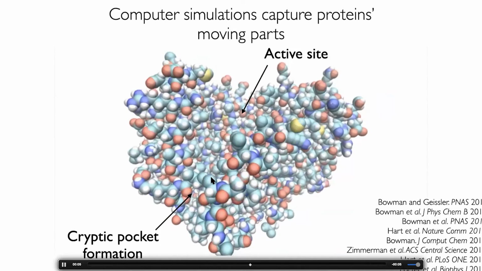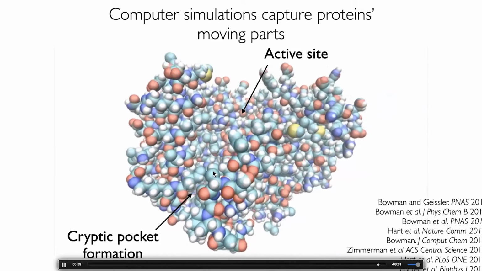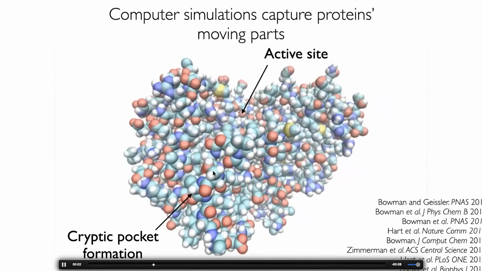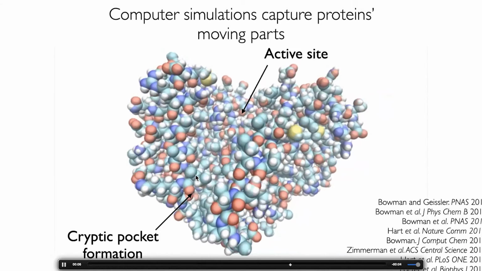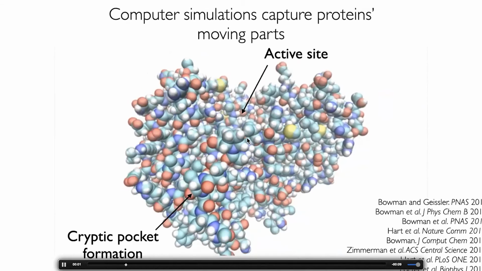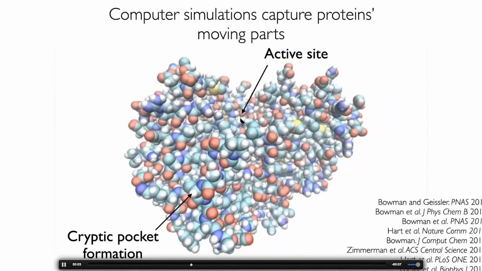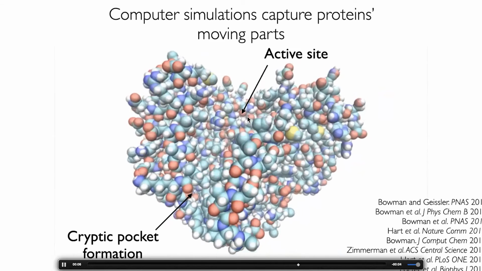And we never would have guessed that it was there based on the initial structure that I showed you, the snapshot from experiments. It's only when we get to watch the dynamics of this thing that we can find features like this. And it's super exciting because apart from this information from the simulations, the only way to drug this protein is to try to find something that binds to the active site and blocks this protein from performing its